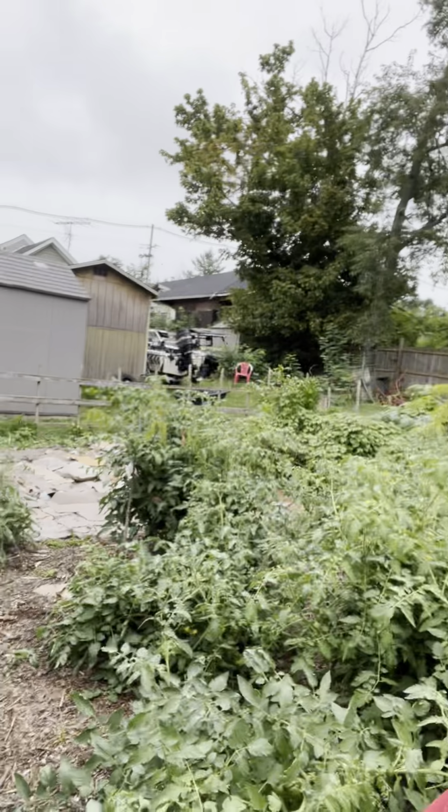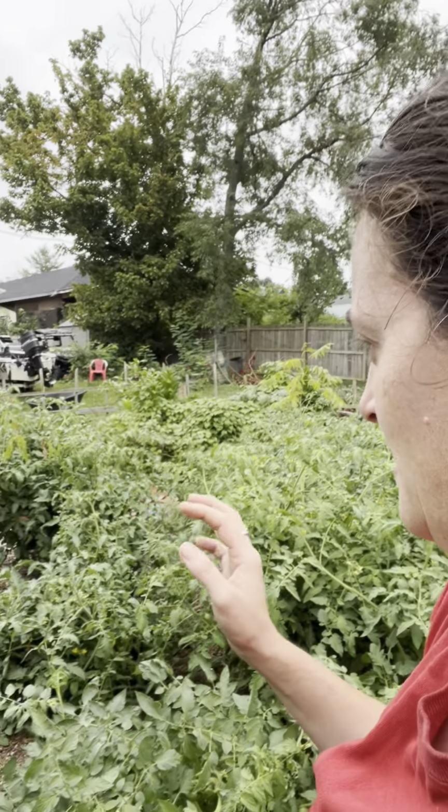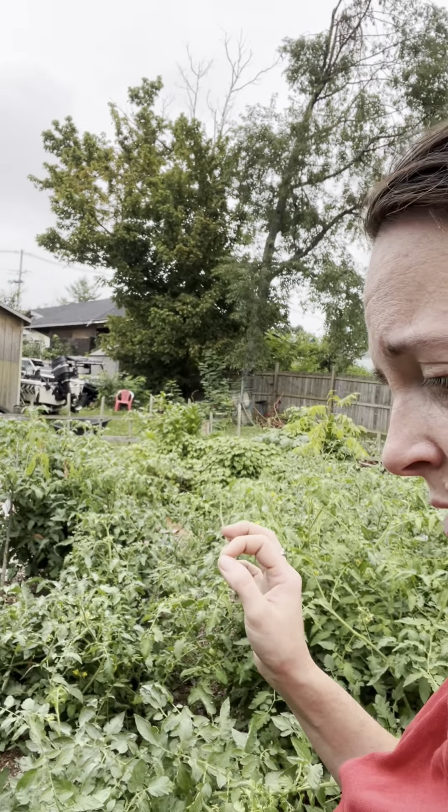Excuse my hair, it's pretty muggy out here. I've been sick for a good week and started my monthly as well, so I haven't been out to my garden. And I come out today because I have a little bit of time where I can come out for a minute. I'm not in any pain, so I'm out here